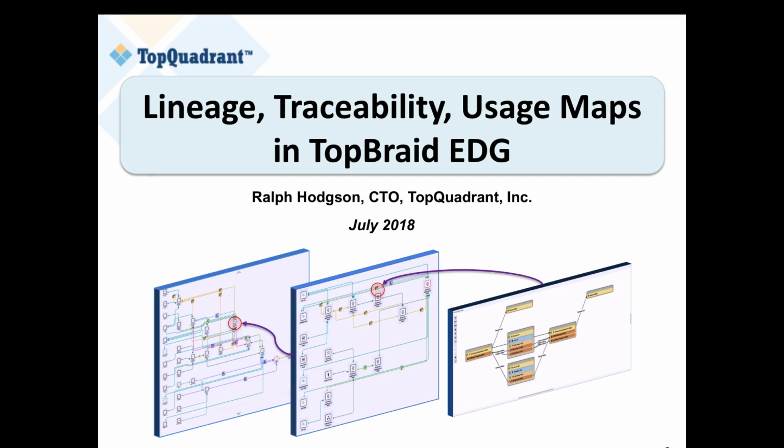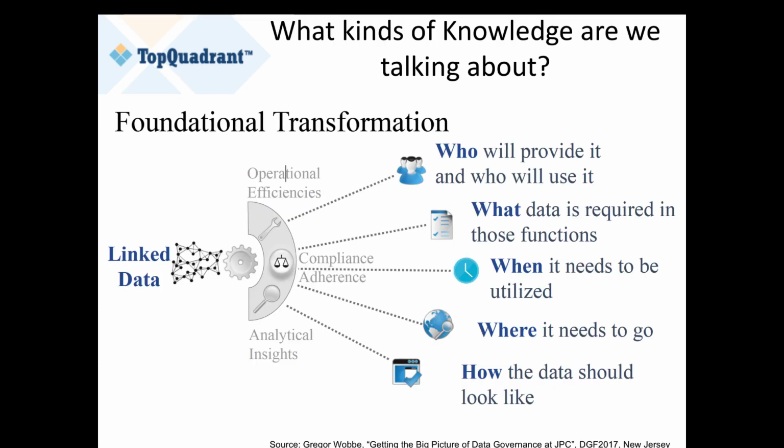Hello, my name is Ralph Hodgson, and what you're going to hear from me in this presentation is how we deal with various lineage and traceability mapping that we can achieve in TopBraid EDG, which is an enterprise data governance tool. For that purpose, I like to be able to first set the stage to say what kinds of things